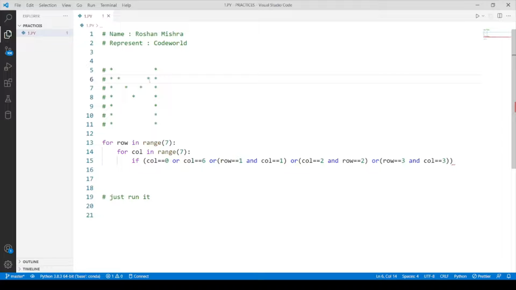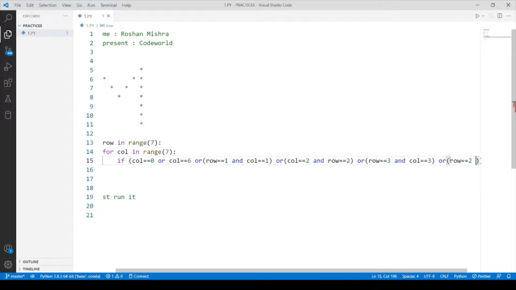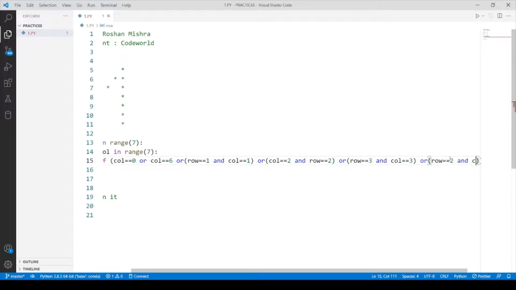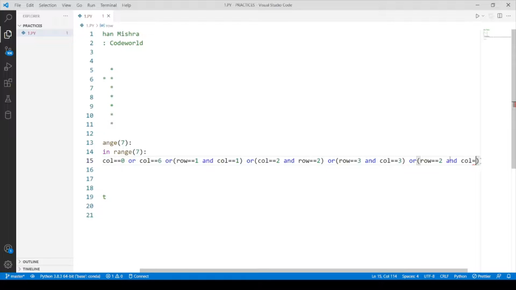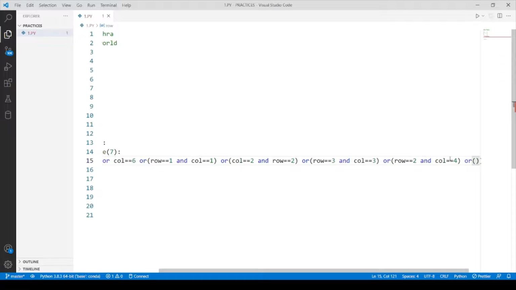Now we are going to do this one. So again, or row equals 2 and column equals 4, then print star. Or row equals 1 and column equals 5, then print 1 star.